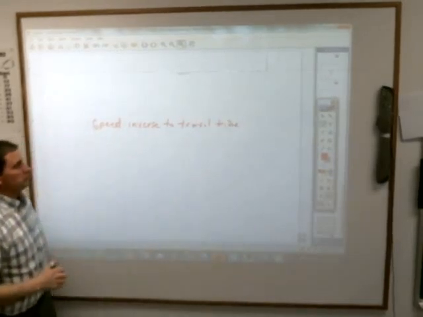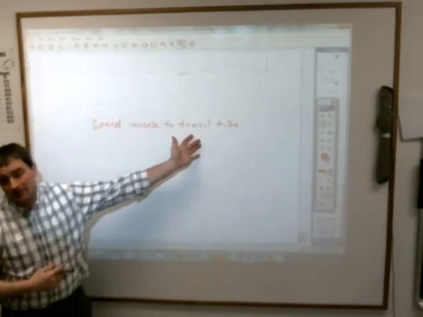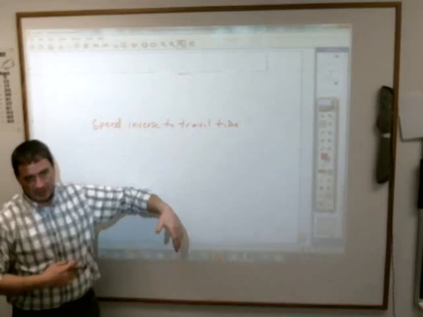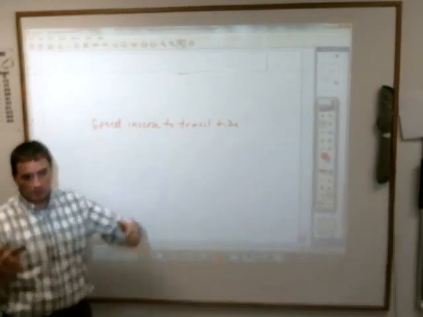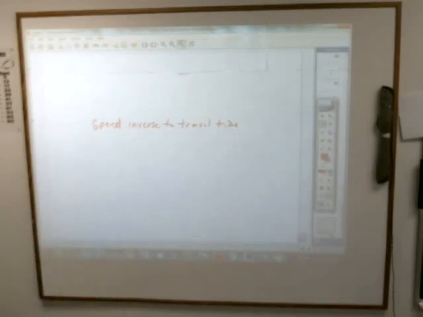In other words, that makes sense because as you drive faster, the amount of time it takes to get there goes down. So that's inverse variation. The faster you go, the less time it takes. All right. It says if she travels at 55,